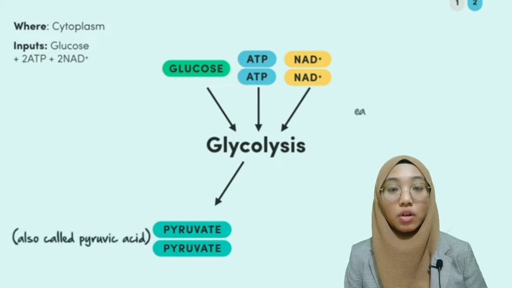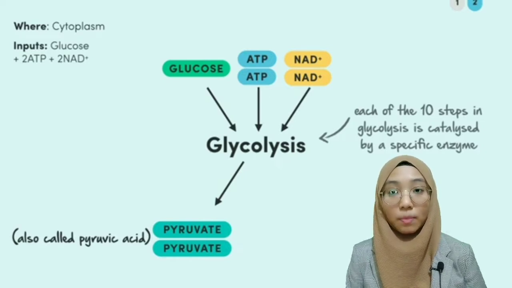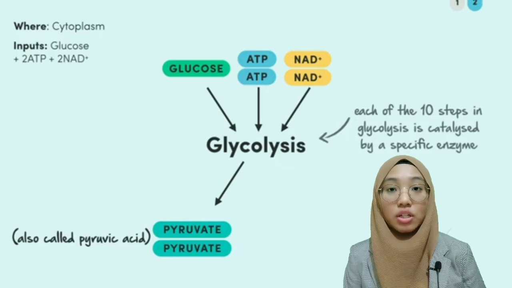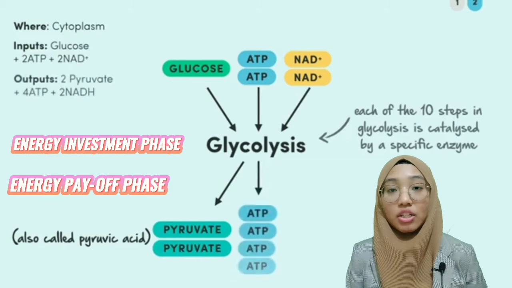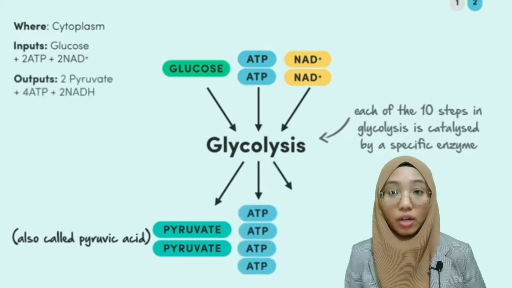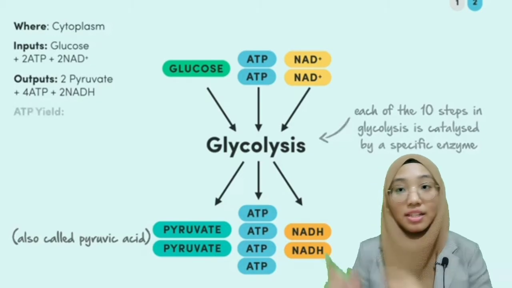In cells that use oxygen, a sugar molecule is broken down into pyruvate. In cells that do not have oxygen, the sugar molecule is broken down into forms such as lactate. Glycolysis occurs in the cytoplasm and has 2 major phases, which are the energy investment phase and the energy payoff phase. Glycolysis also occurs whether or not oxygen is present. The equation for glycolysis is: